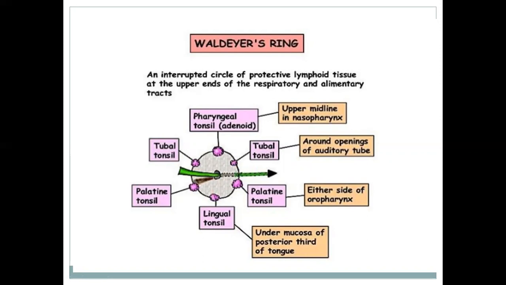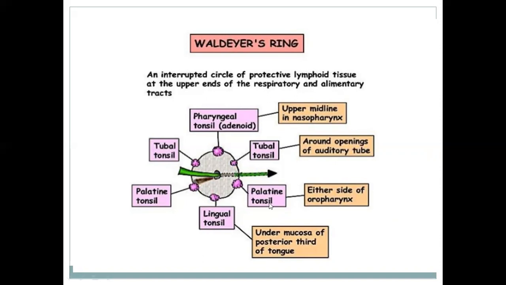Whatever air enters inside the nose, it will cleanse it from the bacteria and different germs. And these are the palatine tonsils, which are present between the palatoglossal and palatopharyngeal arches and present in the lateral wall of the oropharynx. These are the lingual tonsils present in the root of the tongue. So these three tonsils actually secure the opening of the oral cavity, and whatever goes through the oral cavity, either it is air or the bolus, it actually cleans the germs through these tonsils.